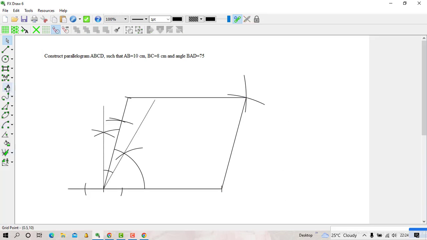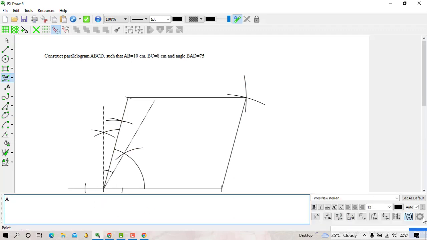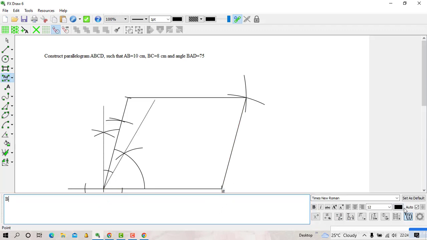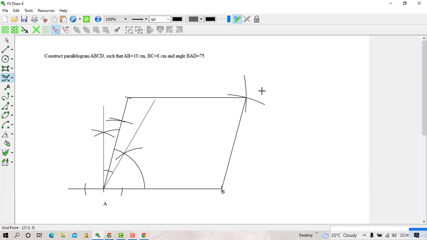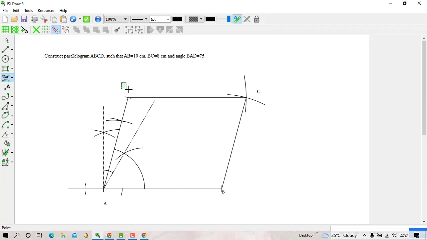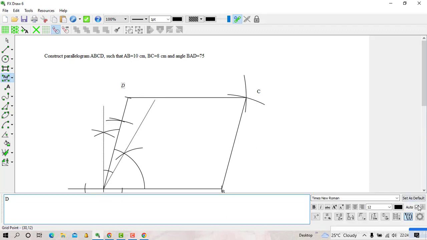So you'll find that if this is a trapezium, I can label. Nitoe hiyo auto, alafu niende hii kuwe B, nitoe hiyo auto, niende hii C, nitoe hiyo auto, niende hii D, hivyo, alafu nitoe hiyo auto.